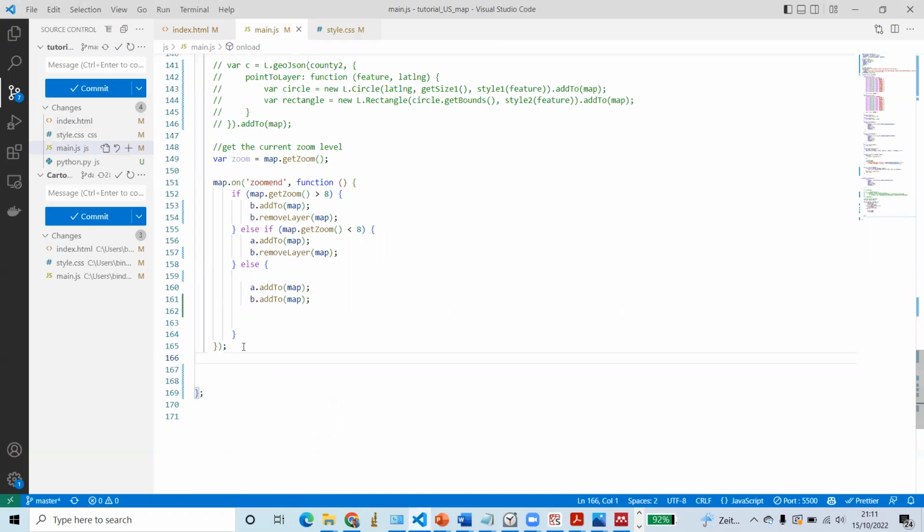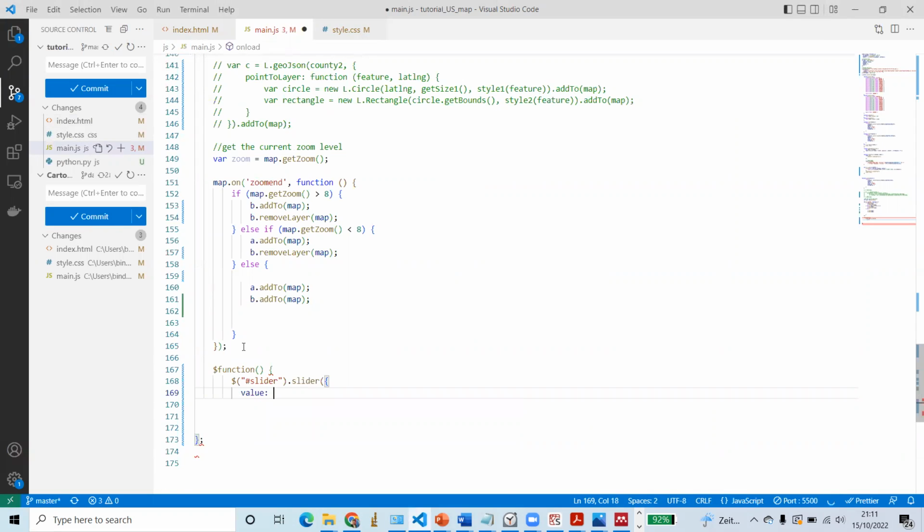So we are creating a function which takes the slider. It's okay, and the value will be